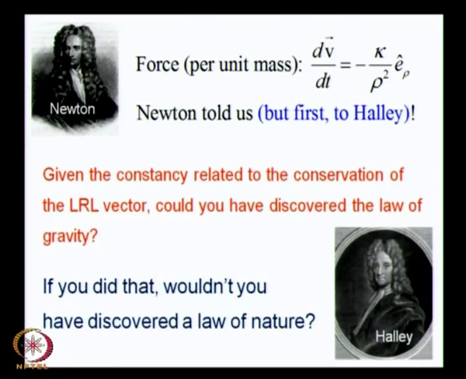Now, we know 1 over r square is the force between two masses, but we know it because Newton told us, because you and I did not discover the law of gravitation. I certainly did not, I do not know about you. We got it from Newton, and in fact the first person to know about it was Halley, after whom Halley's comet is